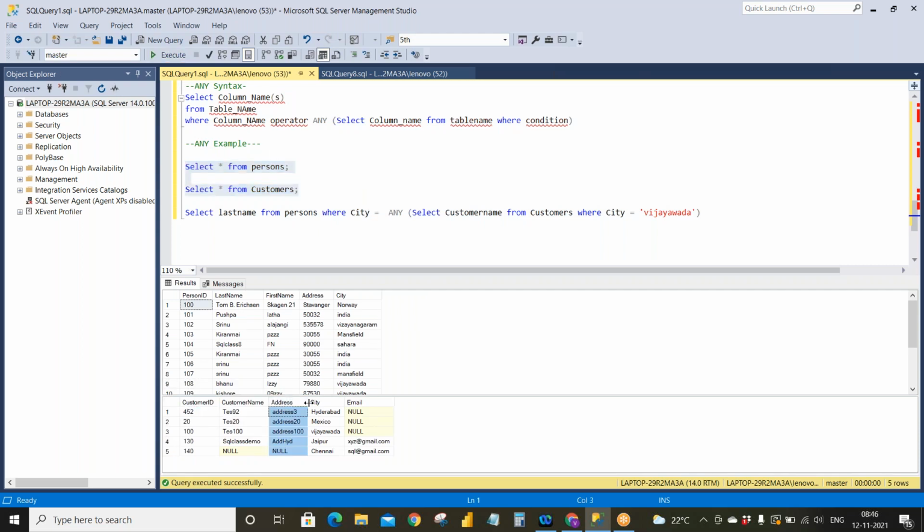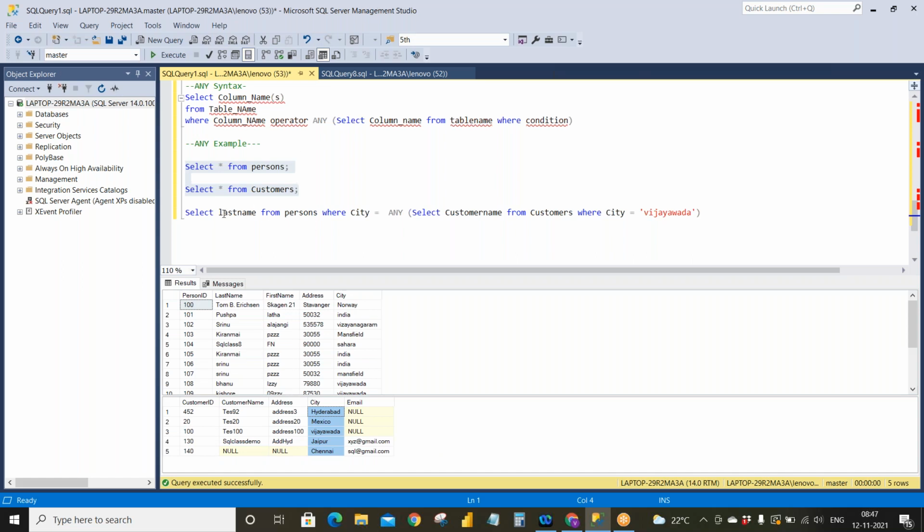So we have this address, we have this city, but ideally we do this with ID columns. But let's see whether we can do this or not. Okay, I got the point here. So what's the point?